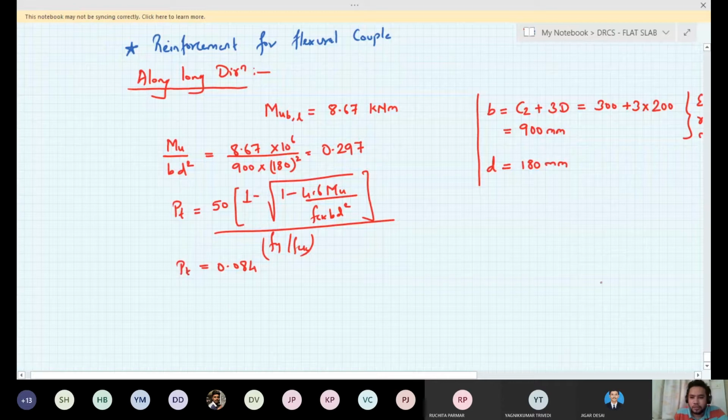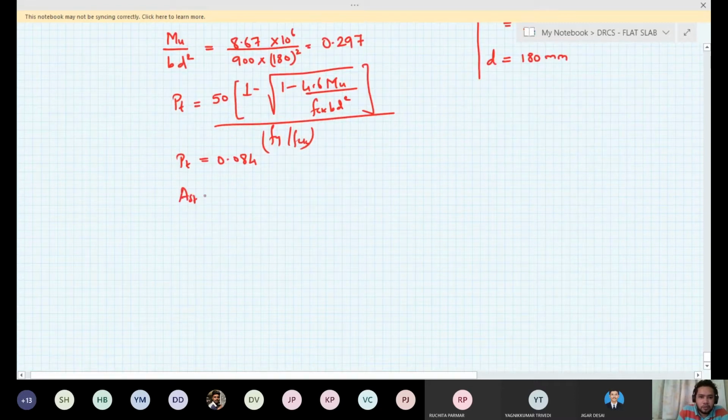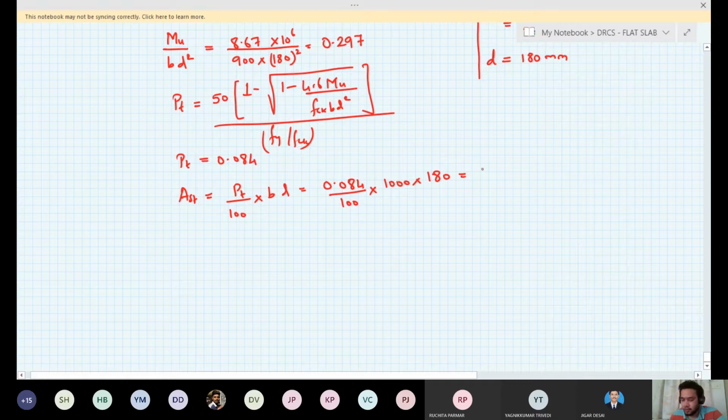From that you can find out Ast. Ast is PT by 100 into b into d. Here we will find it for per meter width. So 0.084 divided by 100 into per meter means 1000 into 180. So how much is this? 0.084 into 10 into 180, so it is 151